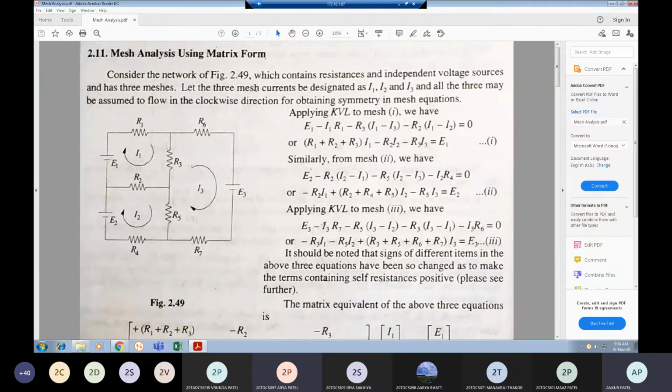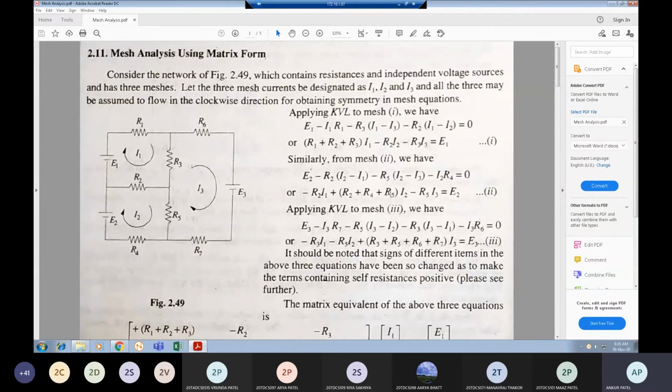If we take it on the left hand side, then it is negative. Then if we shift towards the right, it is positive, correct? Yes, good. So these equations we are getting just in terms of shifting: positive becomes negative, negative becomes positive. So these are the equations for mesh analysis. Now to find I1, I2, I3, you can compare the equations and eliminate the terms. Then you will get I1, I2, I3.